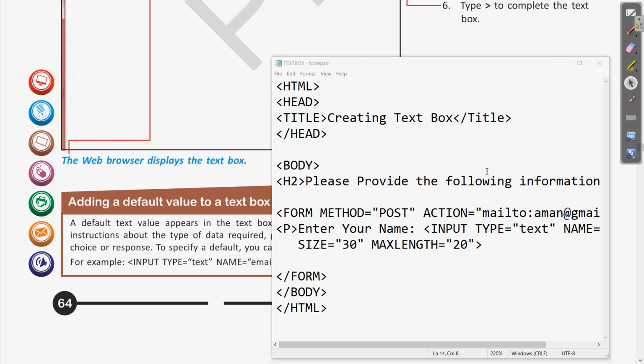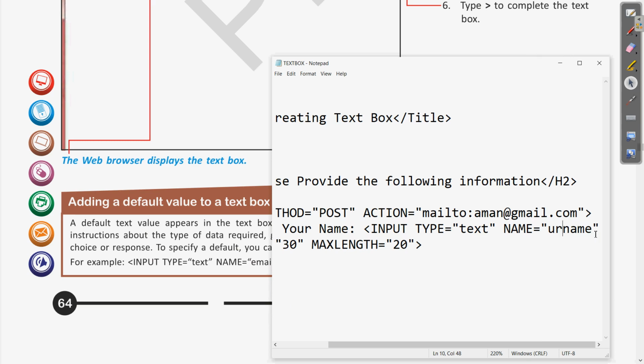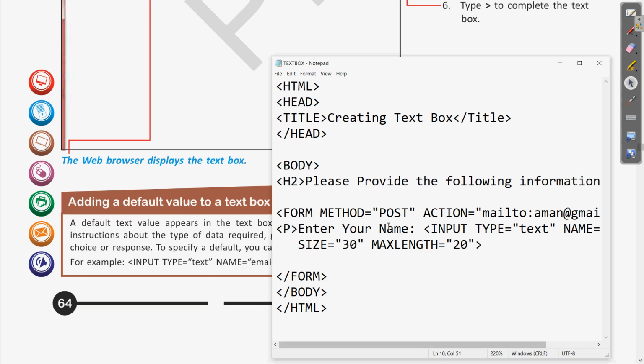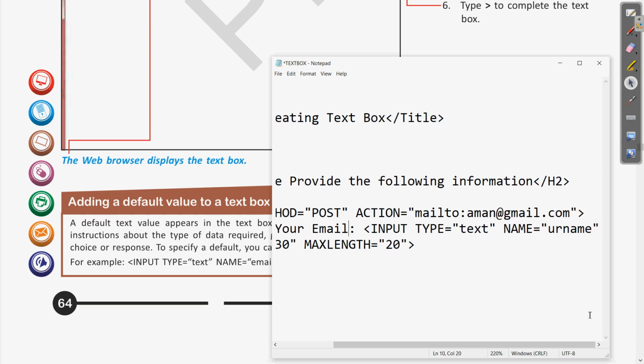In the input type we have written text, then the name of the text box. Now we can mention here any default value. Suppose we want the person to enter the email address, so write here, enter your email, if you want. Mention something similar to that and use the value attribute.